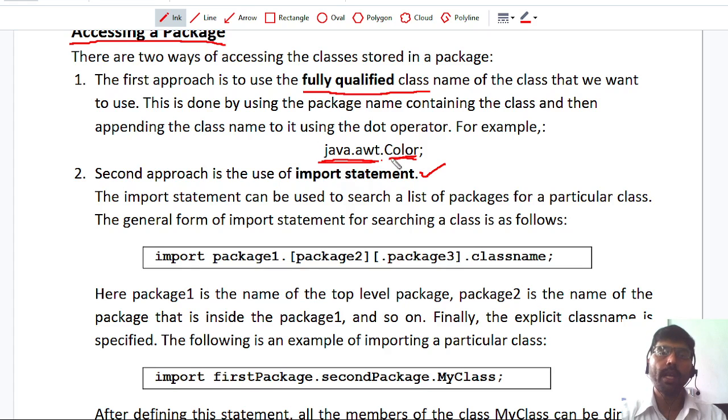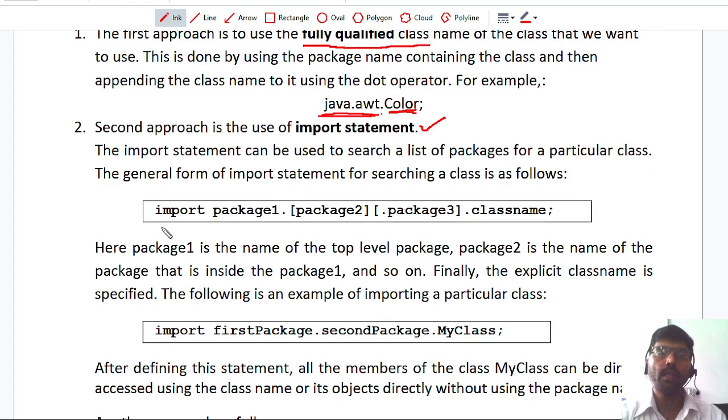How to import a class from a package? For that, we use the syntax import package1.package2.package3.classname. Here, whatever you put in the rectangle brackets is called the optional part. Whenever you use an import statement, our compiler tries to search for a particular class in the package you mentioned here.